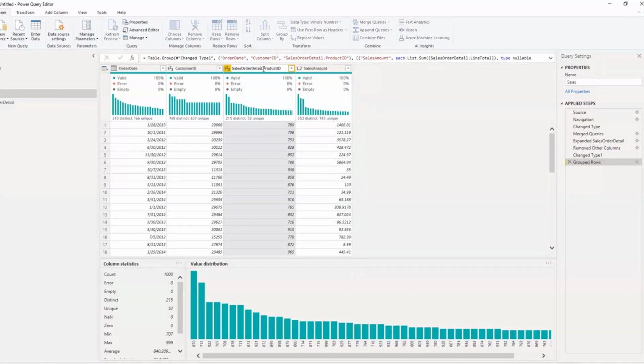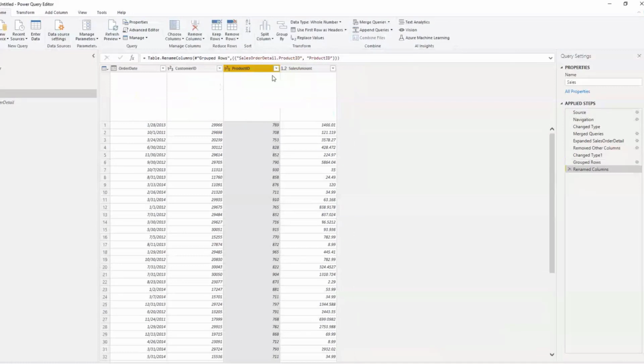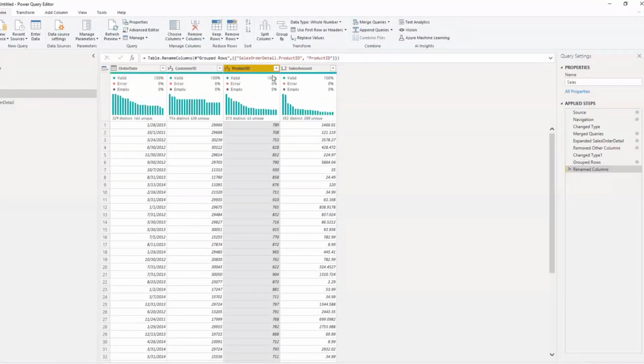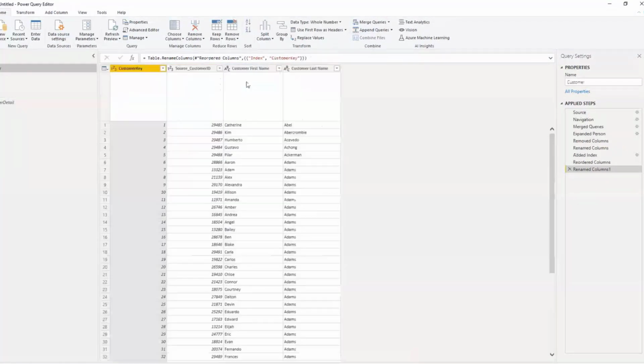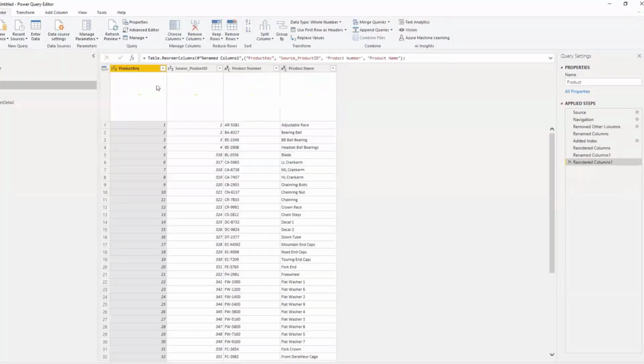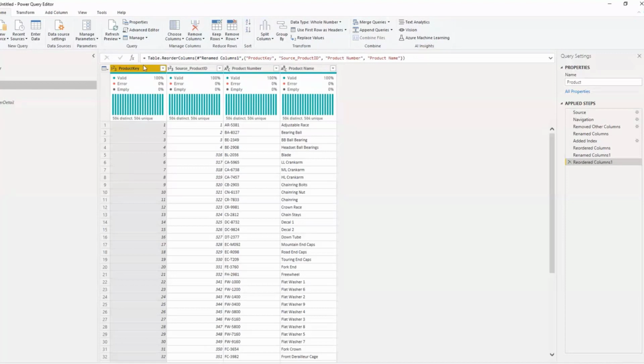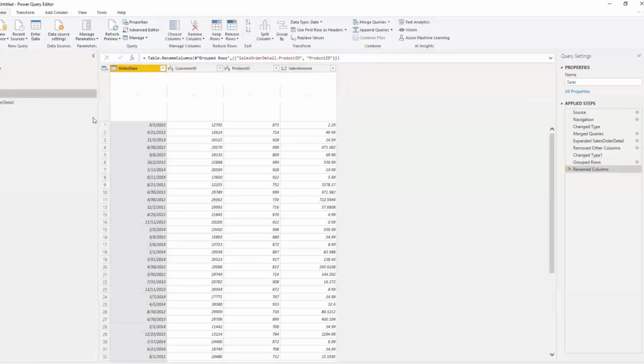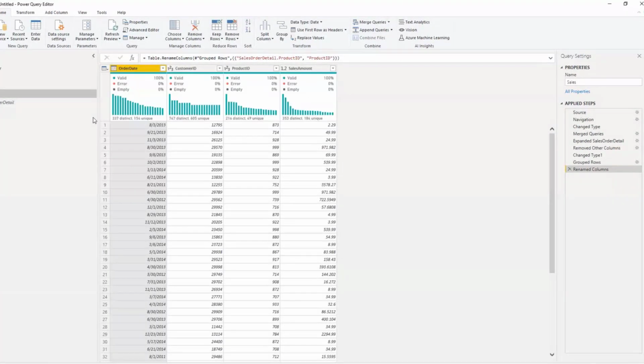Now we created our own keys for these dimensions, right? We have the customer key and we have the product key. I want to merge this, basically use a left join in SQL terms, and refer to this particular table to get the generated keys, the keys that we created, into our analytics. And just remove this customer ID and product ID.